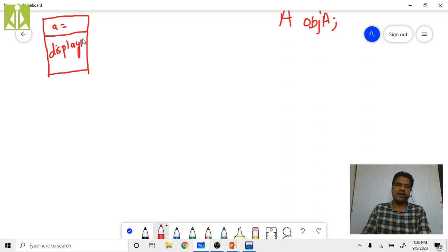You will get like this. So suppose I create B's object, B obj B, like this. This is the A class object, obj A, the identifier I'm writing over here. So if I do like this, I will get B's object like this. This is B's object's area.